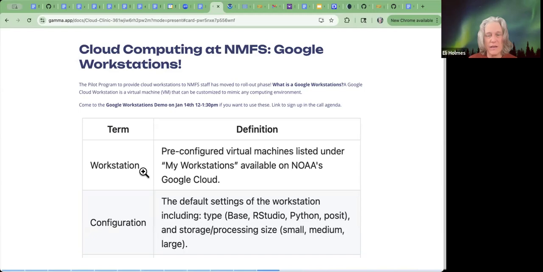And we are having a demo run by Molly Stevens and John Peak and Alex. I forget Alex's last name. So the three of them will be showing you how to spin up these workstations and what you can do with them, how you can connect them to Google Buckets and this sort of thing, and how to do stuff. So go ahead and in the agenda, you can add that to your calendar. And Steph, if you could put that link also in the chat so people can sign up there.